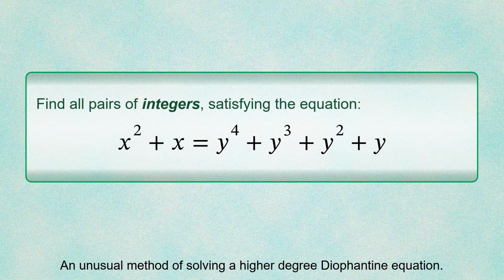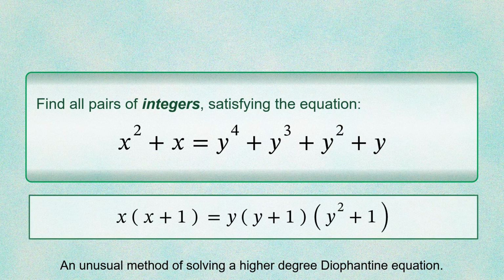We can see that the left-hand side of the given equation is a quadratic polynomial. So, if we can restrict possible values of y to a finite set, each possible value will give a quadratic equation, which can be easily solved. In fact, the solution will be much easier than someone may think, since the left-hand side can be represented as the product of two consecutive integers.